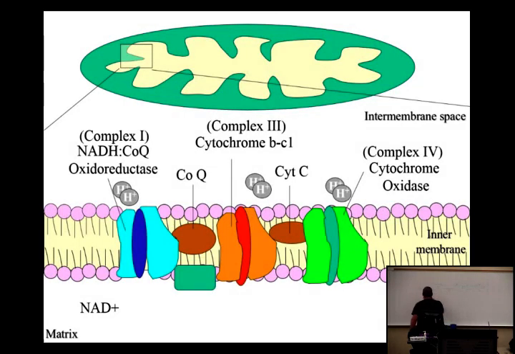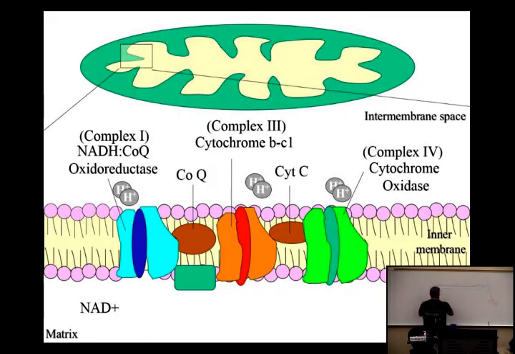So what happens is NADH goes up to complex 1. Complex 1 pulls 2 electrons off of it. The electrons go through 1. Let me use a different color. So the electrons go through 1, they skip 2, through CoQ, through 3, through cytochrome C, through 4, and then what's the ultimate electron acceptor? Oxygen. And that combines with hydrogen, and that forms water.